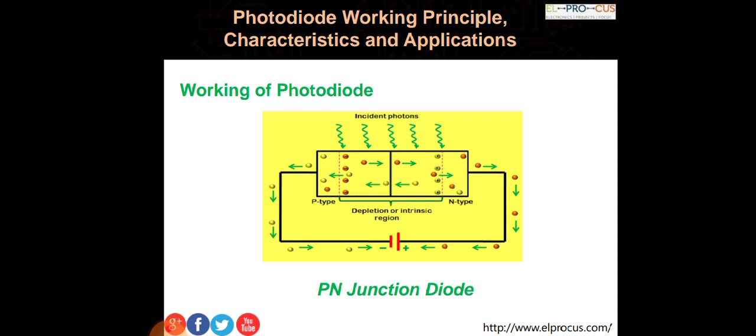You can see the diagram, that the p type is connected to the negative terminal and the n type is connected to the positive terminal. When light falls on the junction of the photodiode, the energy from the light, or you can say the light particles called photons, the photon energy है उसके वजह से it will generate the electron hole pairs, and these electron hole pairs will be attracted by opposite layers, and current starts flowing through the photodiode. With the increase in light, more electron hole pairs are generated, which results in increase in photocurrent, right?